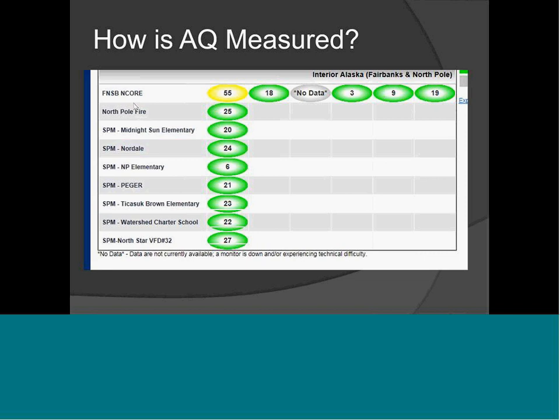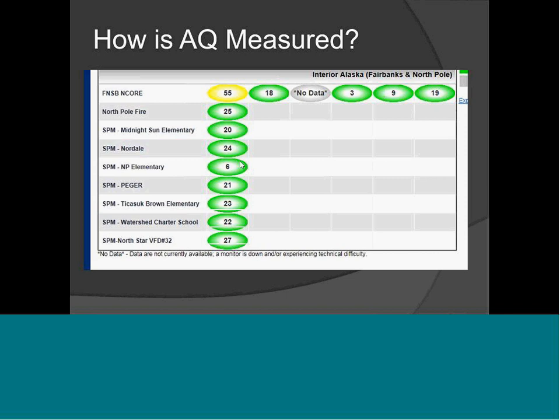You'll see the NCORE, which is the national core for the state. Actually, and I didn't get the units up here, but this is PM 2.5, and then there's PM 10, SO2, NOx, ozone, and carbon monoxide. And so that's the monitor that has all the pollutants. You can see here that these numbers are in